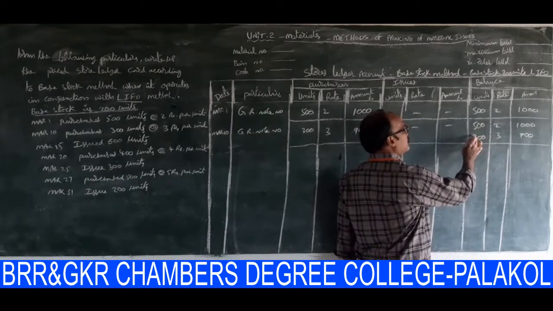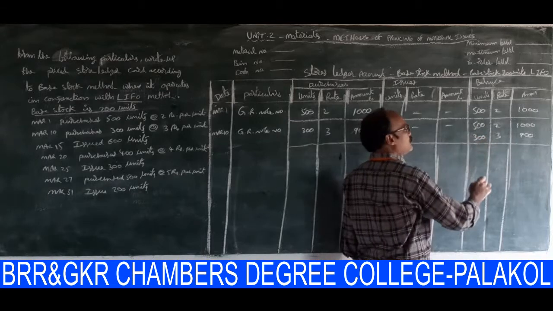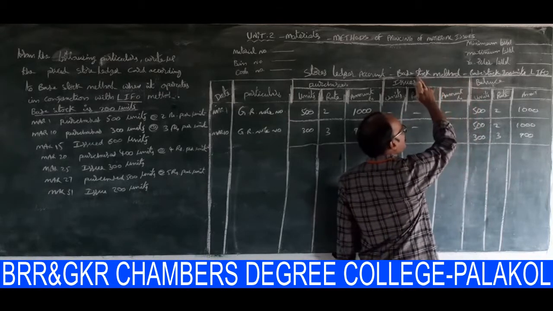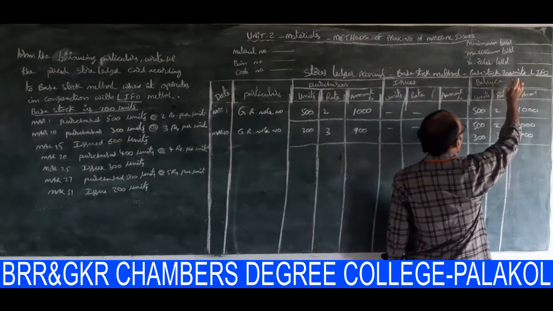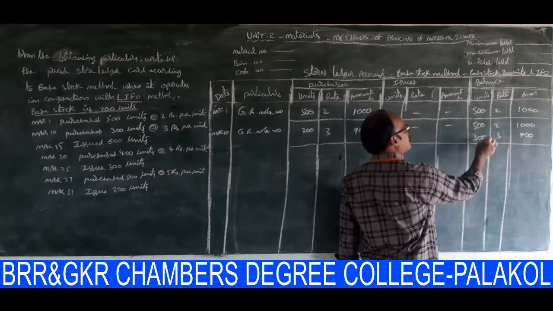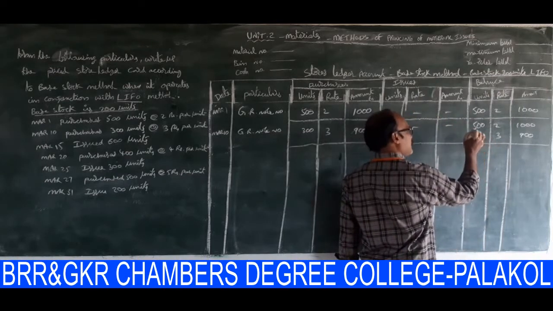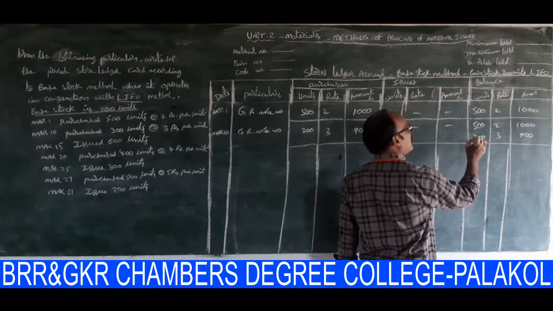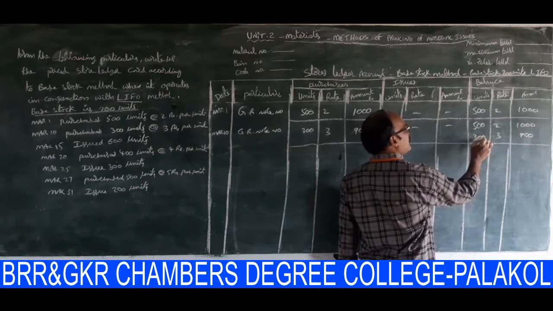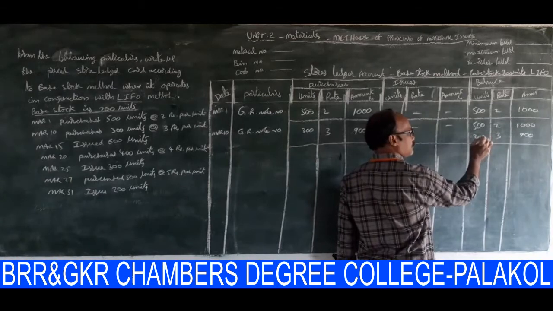But here the 200 units of base stock are maintained from this. Because it is the base stock method, 200 units of base stock under LIFO. That's why the 200 units of base stock are maintained from this. What is the meaning of that? So the remaining 100 units are eligible from this.